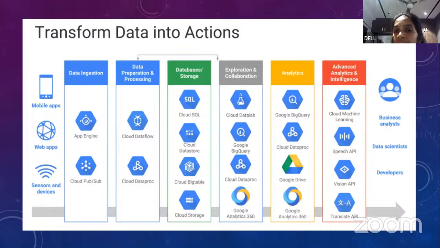And lastly, advanced analytics and intelligence: Cloud Machine Learning, Speech API, Vision API, Translate API. So here data flows from end to end. First data is coming and we are storing it somewhere, and after storing, we are doing some operations on that data, as per client requirement. Once operations and transformations are over, we are again giving it to the client as per client requirement through some services like